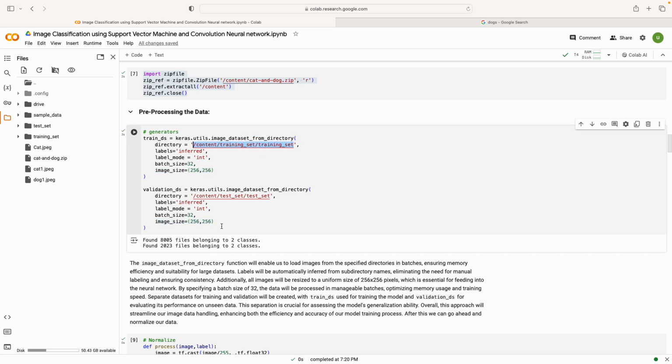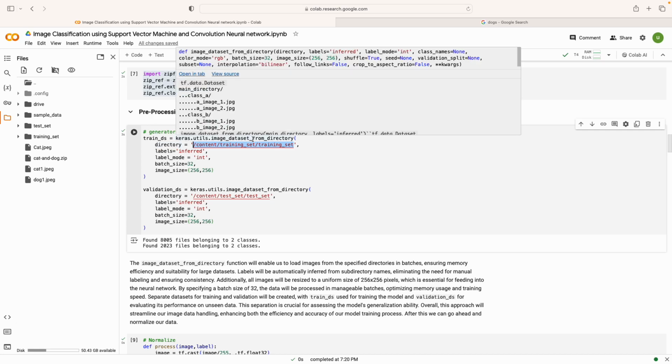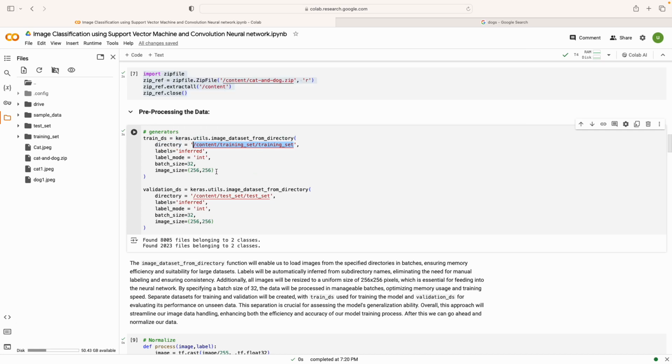So that's another plus with using the convolutional neural network: you can use the generator functions from Keras to just generate the data when it is required. What a generator function does is that, unlike a normal function, which would restart from the initial value if you rerun it,